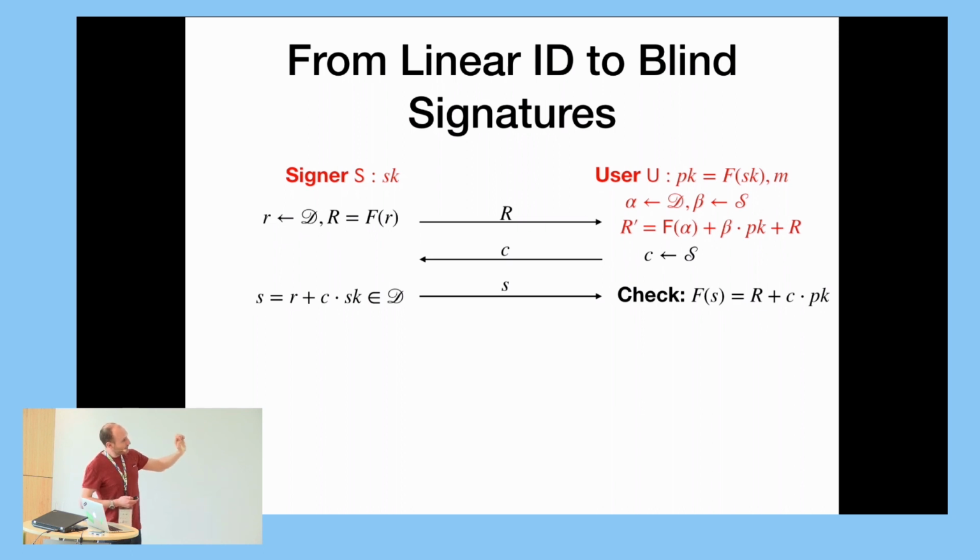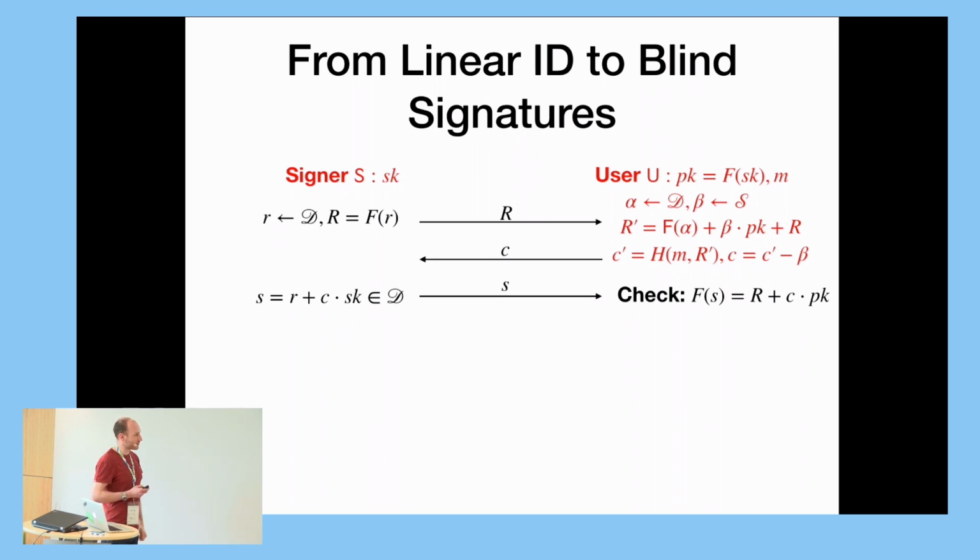So now instead of sampling the challenge here at random from the set S, we're going to do something a bit more clever. We're going to evaluate a hash function, which is modeled as a random oracle in our paper. We're going to evaluate this on the blinded commitment, produce this challenge C prime, and then we're going to blind this challenge. And so the blinded challenge is going to be sent over to the signer,